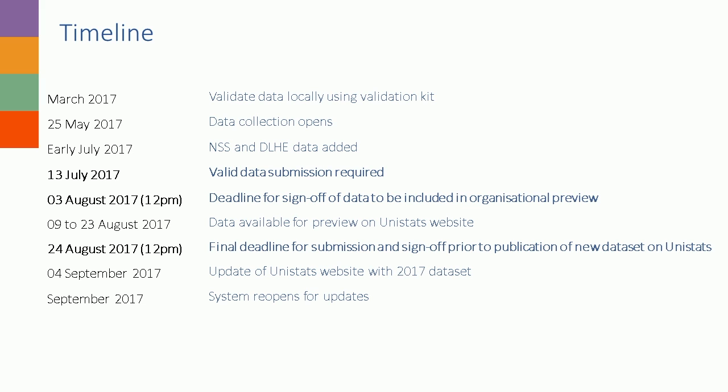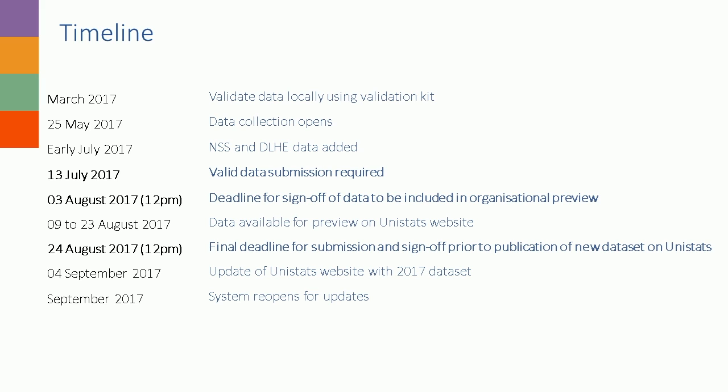The initial valid data submission deadline is the 13th of July, and the deadline for data to be signed off to appear on the website preview is the 3rd of August. During the preview period, you'll be able to see exactly how your courses will appear on the site once it goes live in September. If anything doesn't look right, you have until the 24th of August, the final deadline, to make amendments and sign off again. Any changes after this time will not be incorporated in time for the website going live on the 4th of September. At some point after this deadline, the system will reopen for updates and you can continue to update your